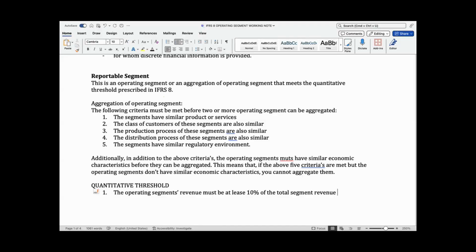That particular segment, when you look at the revenue, should be at least 10% of the total operating segment revenue that you have in this company. Then that one is a reportable segment. If it only meets this quantitative threshold, it is a reportable segment. Meaning, go ahead and present